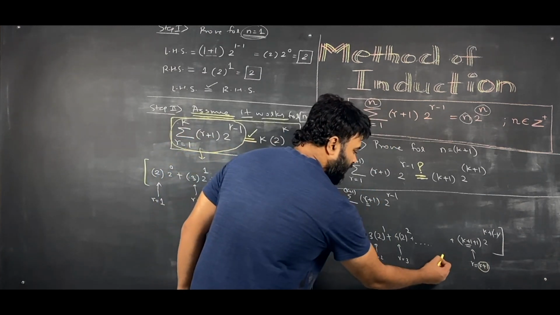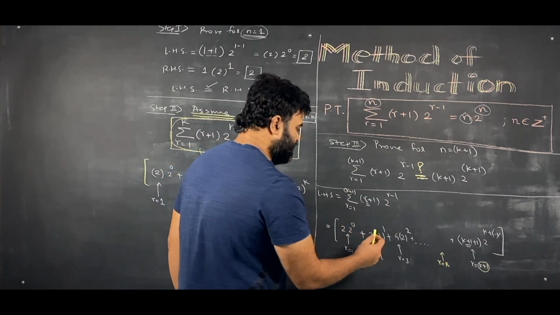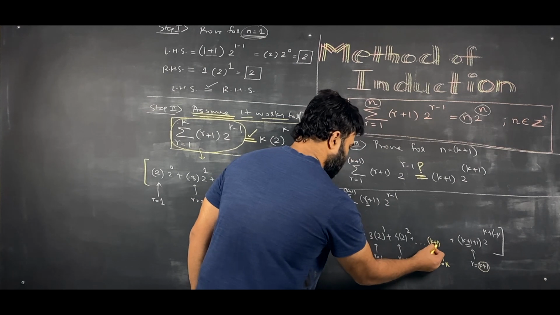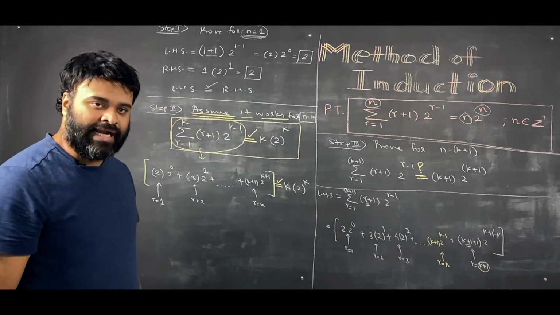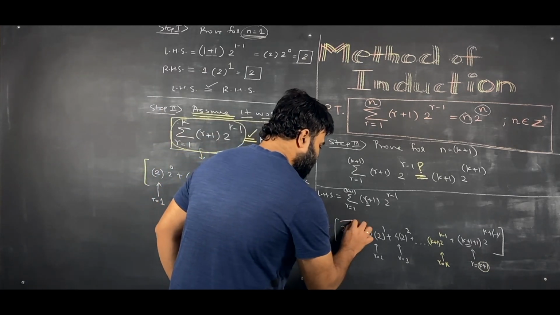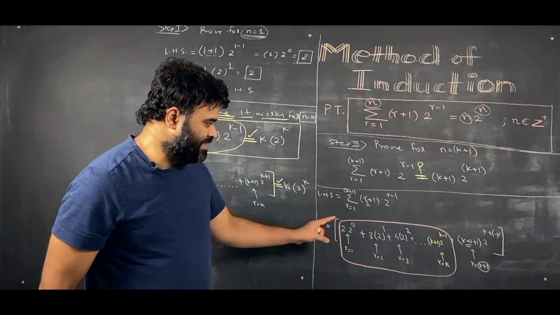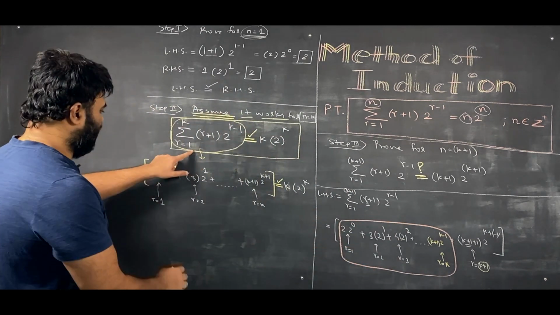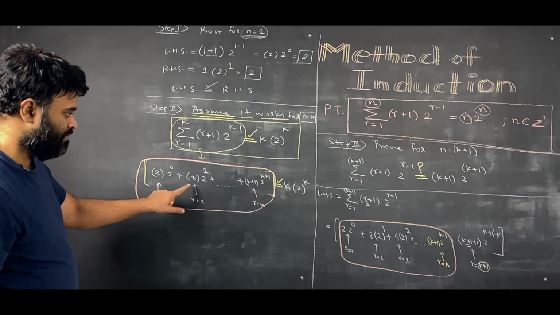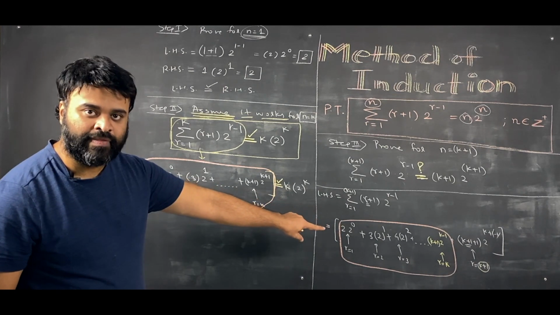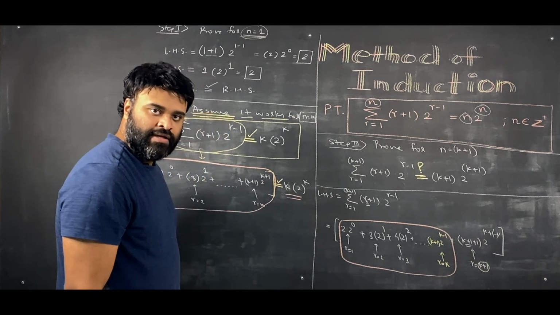Now, what happens at r equal to k? If I put r is equal to k in this, that second last term is going to be k plus 1, 2 raised to k minus 1. And now if you observe carefully, this expression is exactly what we have here. See that? Now because it is the same expression, the value is this. So you will simply write this.